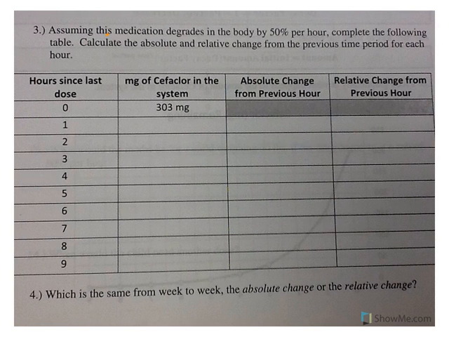So when we're looking at this table, we start, as we have found, with 303 milligrams. So when I'm thinking about this, I take my 303 and I'm going to divide that by 2, and that will give me 151.5. And then I take that and I divide by 2, and I get 75.75. And then I take that and I divide by 2, and I get 37.875. And you see the pattern. So right now I want you to hit pause. Complete all 3 of these, because I know that you can find absolute and relative change. And so I want you to go ahead and complete this table and then come back and we'll continue on with this problem.